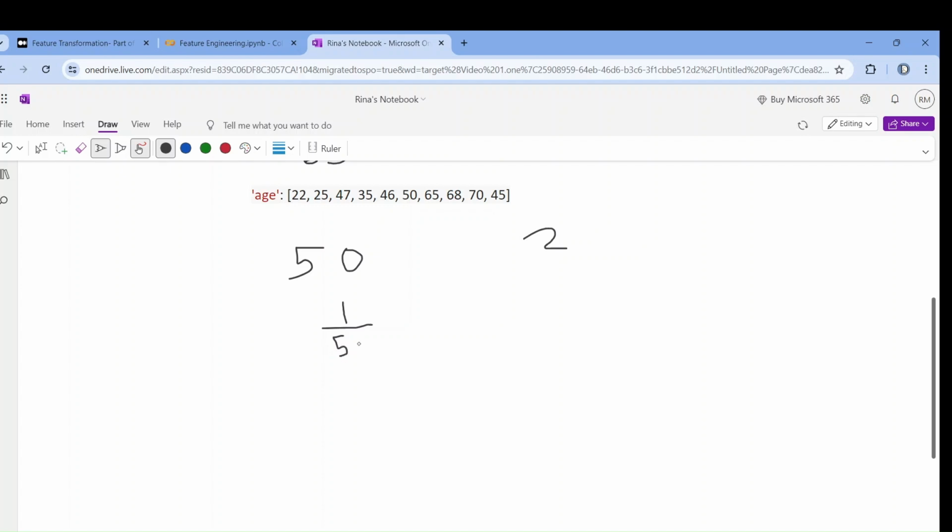1 by 50, right? Reciprocal of this one, 1 divided by 2. 1 divided by that number is the reciprocal number. So now the output will be 0.02. Here the output will be 0.5. So now this one has become larger than this one. And they are comparatively closer to each other